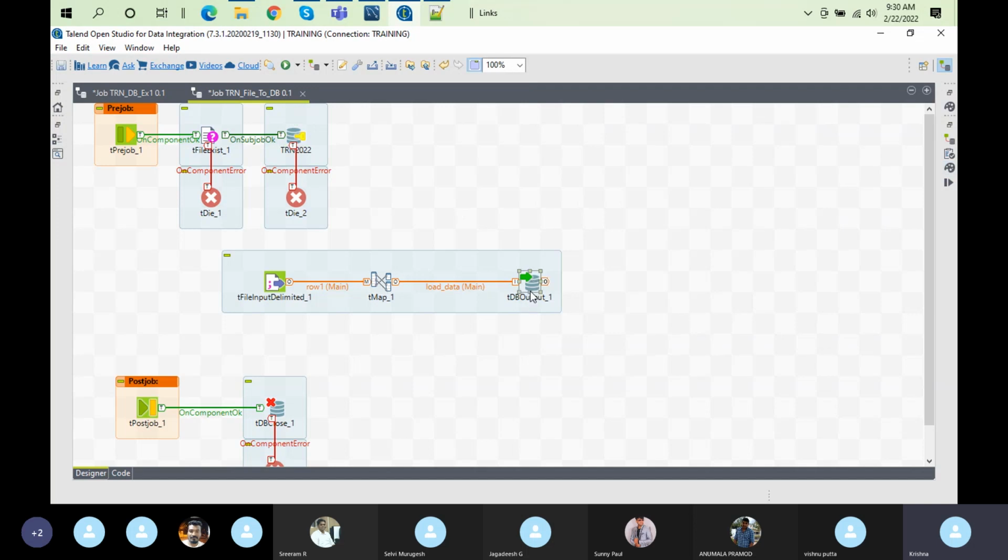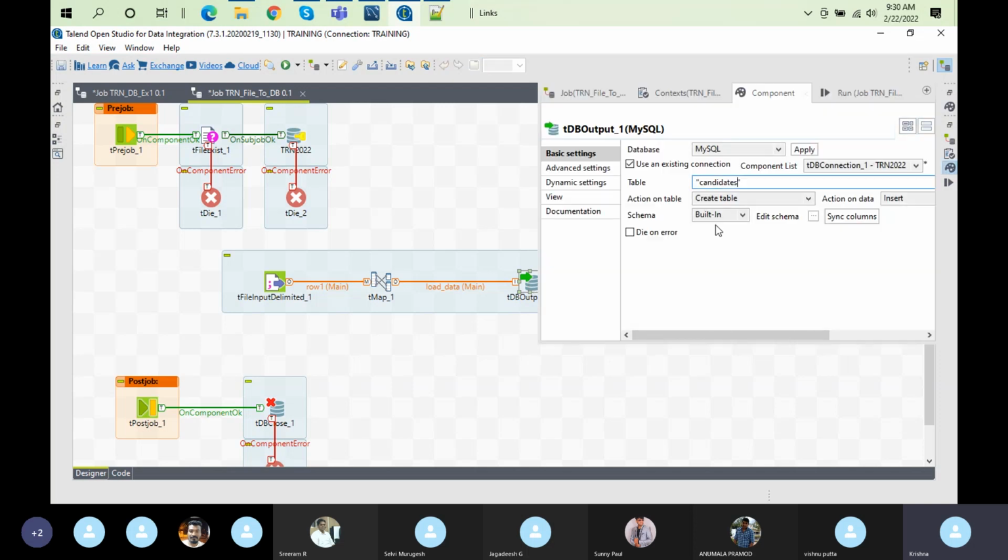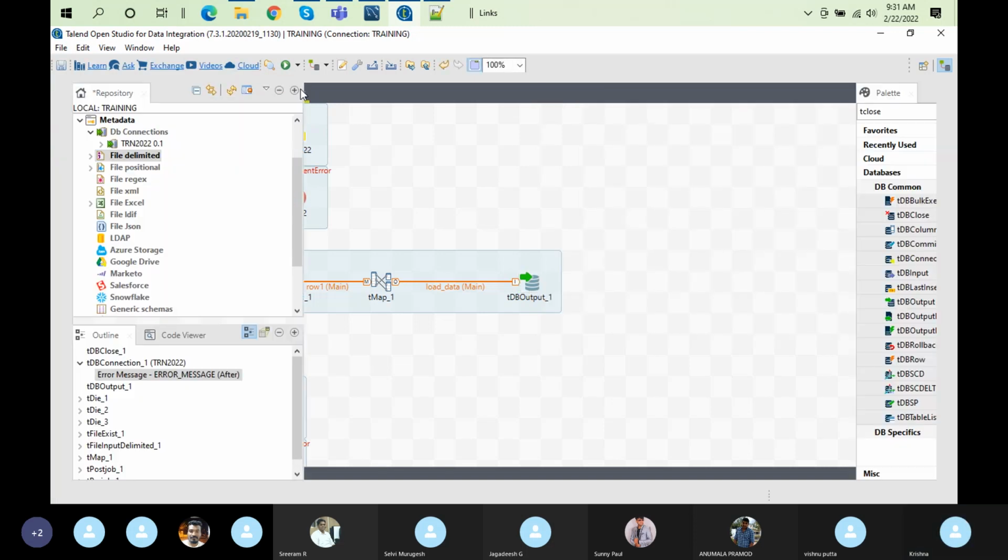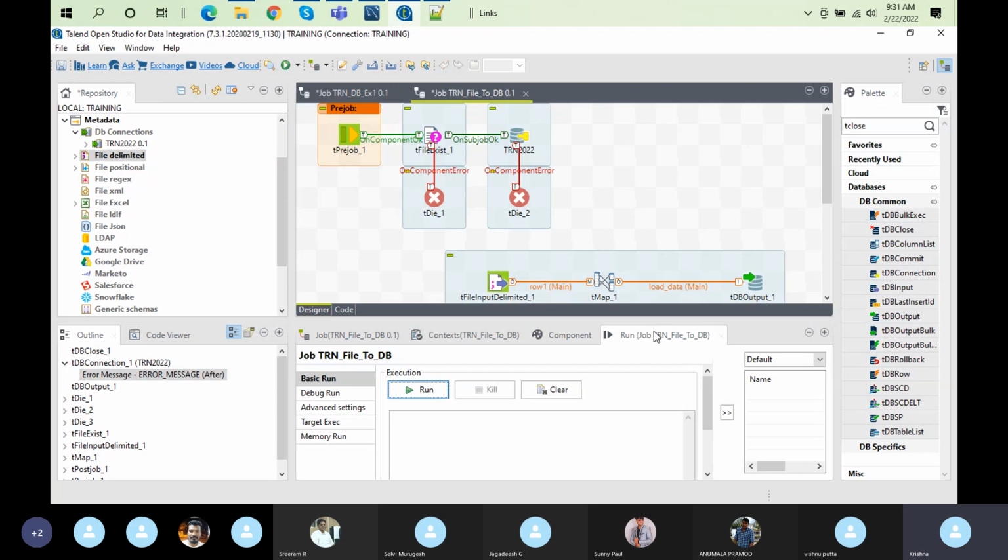So now I'm going to run this. We have used a create table, and if there is any error, you can check the die on error option. If there is any error, it will immediately kill your job. You can use that option in individual components also, wherever you see die on error. If you want to kill your job immediately when there is any failure, you can use die on error. If an error is found, it is immediately going to kill your job. To run this,